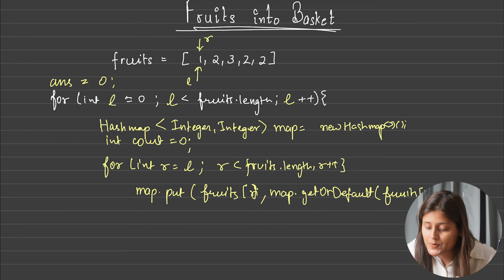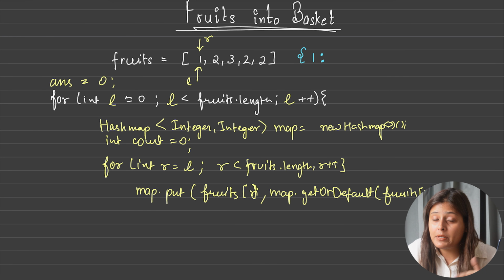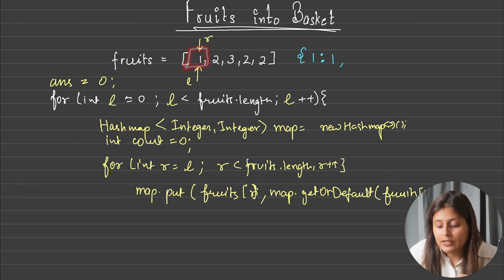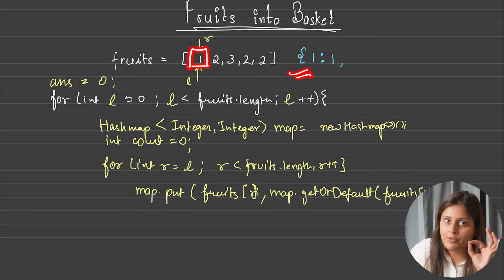So let's make a map somewhere here. So in my map I have this one fruit, and because initially it was not present, the default value will be 0 and initialized with 1. So now the frequency will be 1 for this. Correct? Now after this, what do I want to check? I have to check, is my map size greater than 2? Correct? If it is, then we have to leave it.